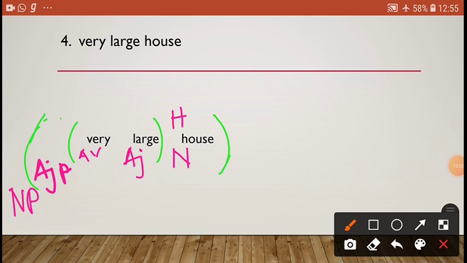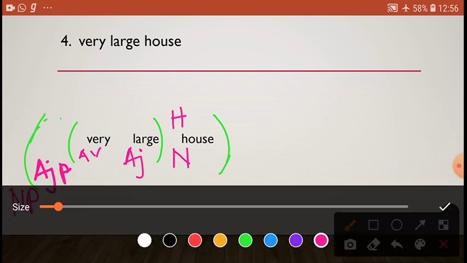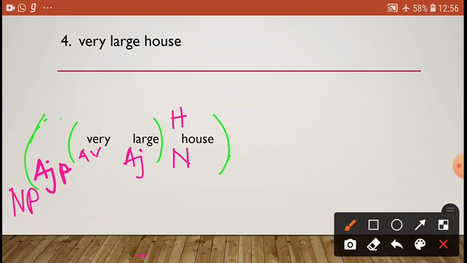So, we will write it like this, AJP. AJP means adjective phrase. On top of the adjective phrase we will write modifier, because it is functioning as modifier to the word house, which is the head word of this noun phrase. Now, we will give the function labels to very and large. This is an adjective phrase, so adjective is the head and very is modifier to this